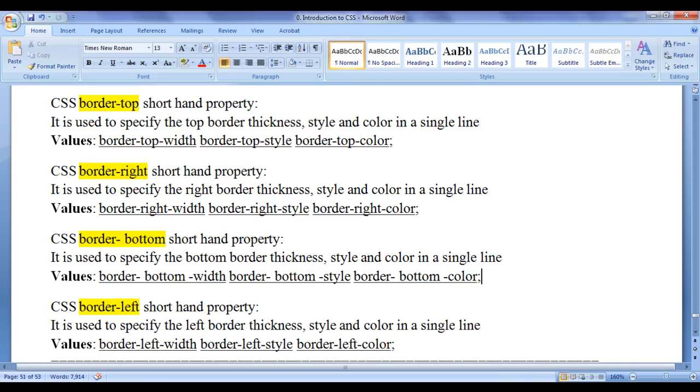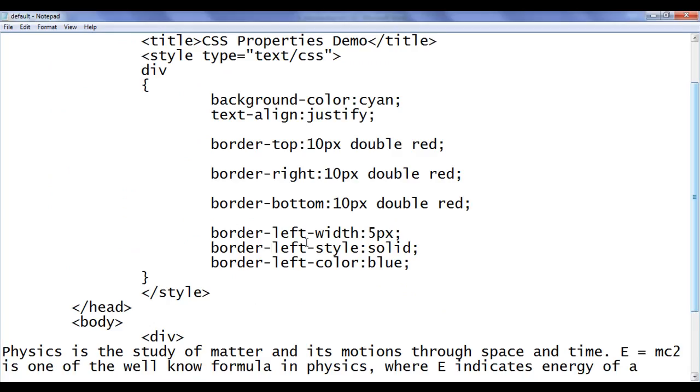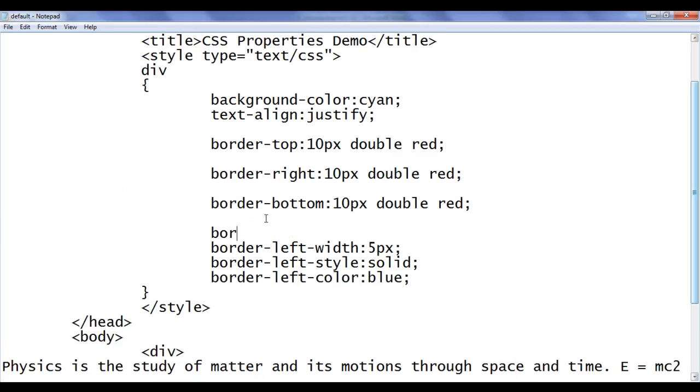The next shorthand property we have is the CSS border left property. The border left property is used to specify the left border thickness, style, and color in a single line. We have to give values: border left width, space, border left style, space, border left color. Let's see the demonstration. Here I say border dash left colon, value I am going to give border left width